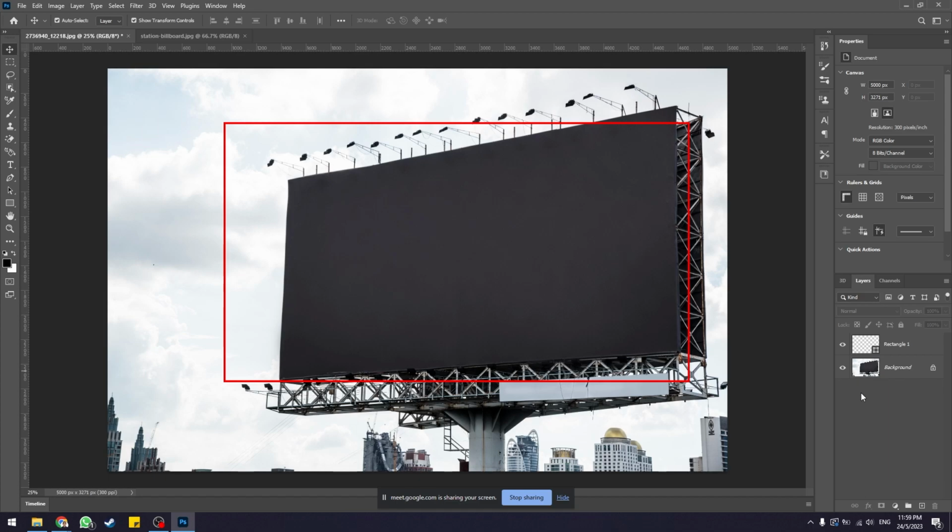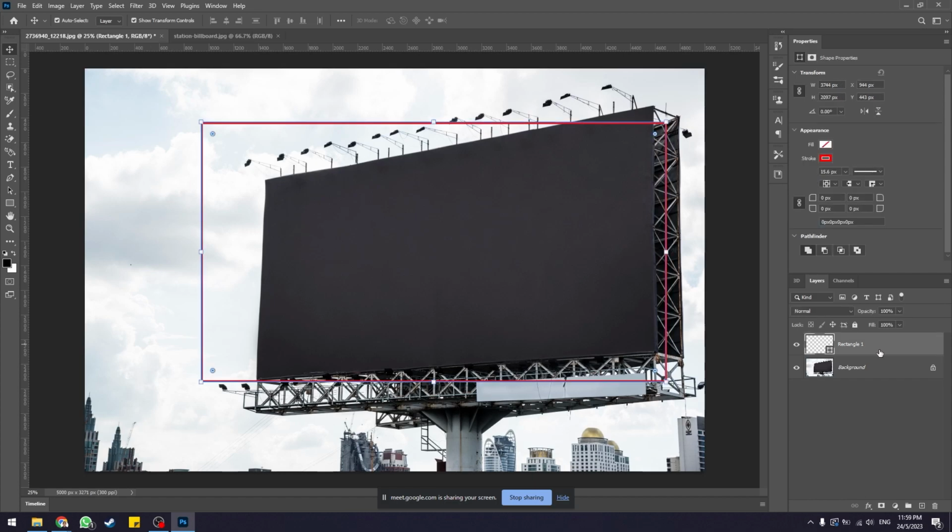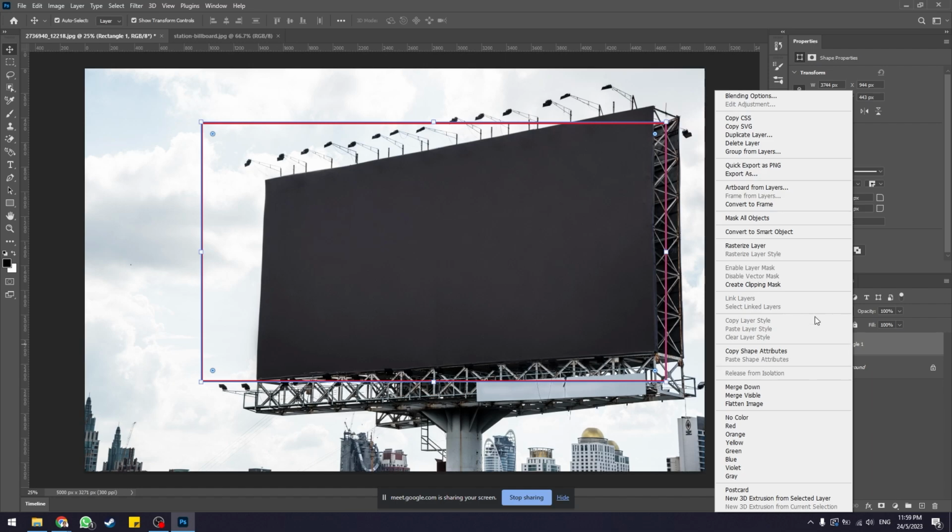Okay, so to do that, you can go ahead to the layers panel. If you click on the rectangle, you will see that this symbol or icon beside the rectangle name is actually that shape symbol, which indicates that this layer is a shape layer. So to convert it into a smart object, simply right click on the name and select convert to smart object,